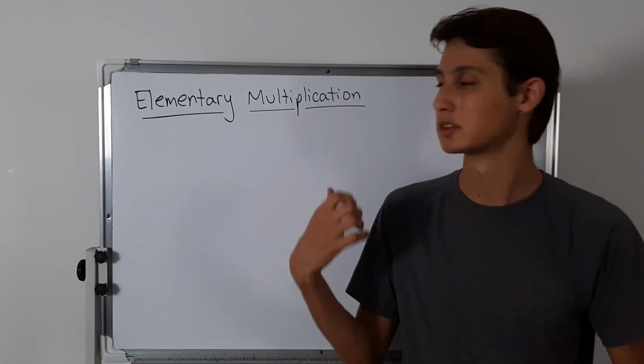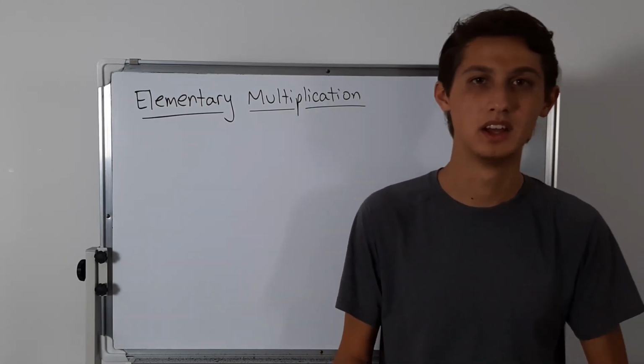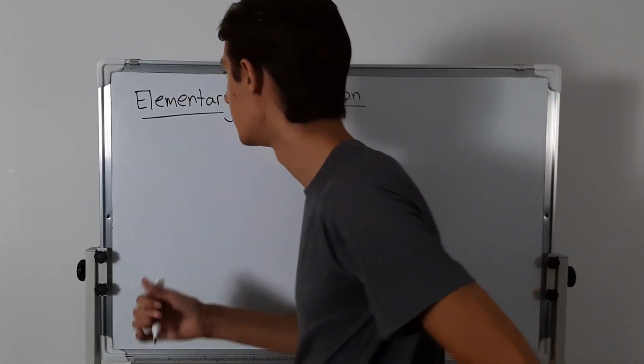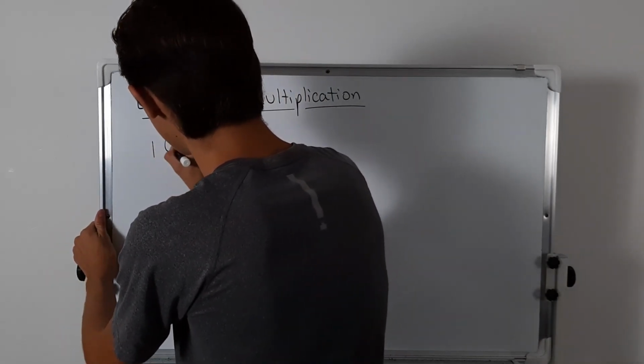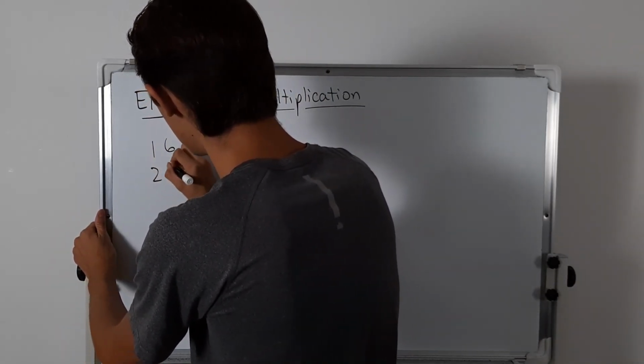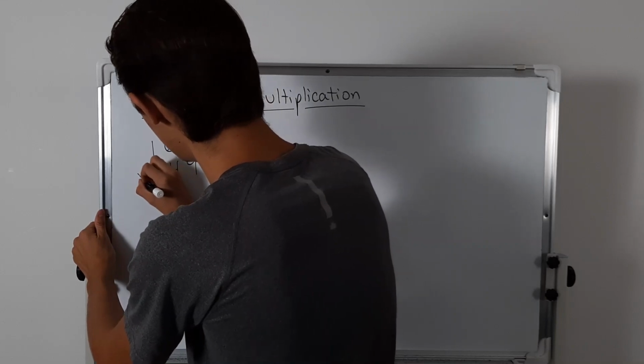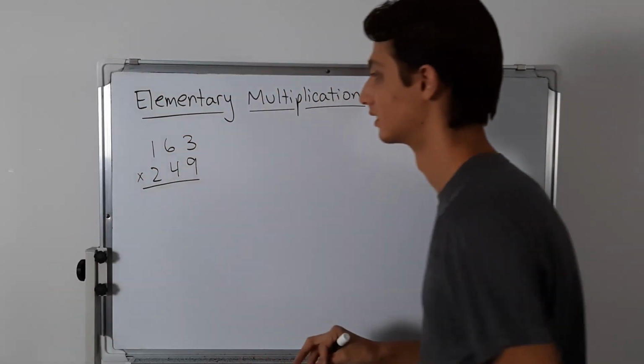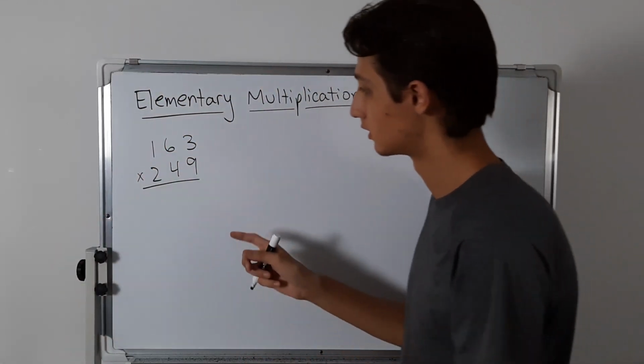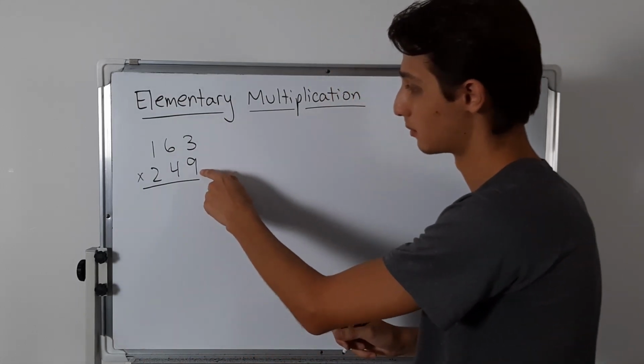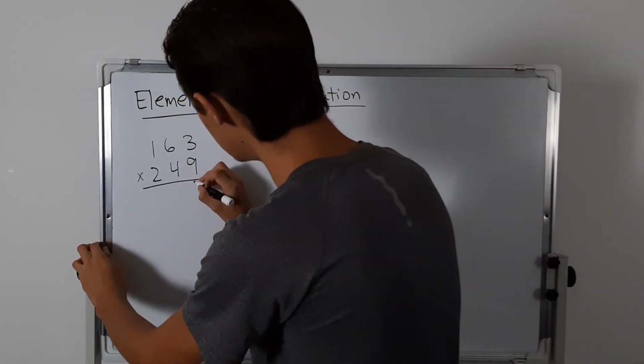But here with multiplication, it's a lot more complicated. So let me give you an example. If we have 163 multiplied by 249, and we want to do a multiplication with this. Alright, well let's start. We always start with the first number down here, so 9 times 3 is 27, but